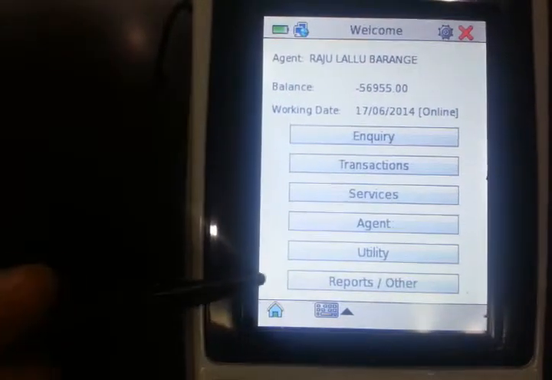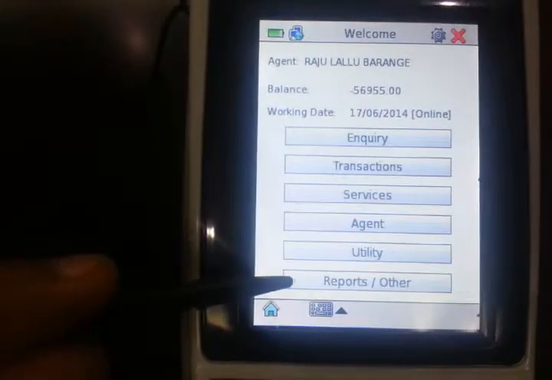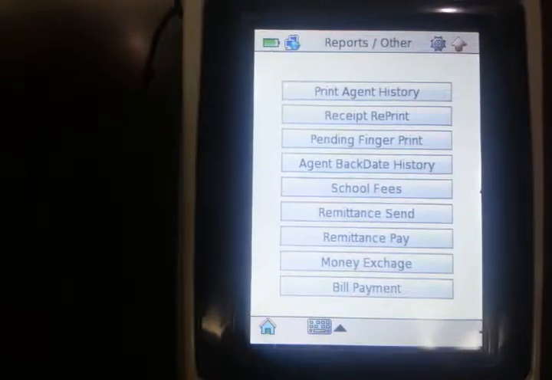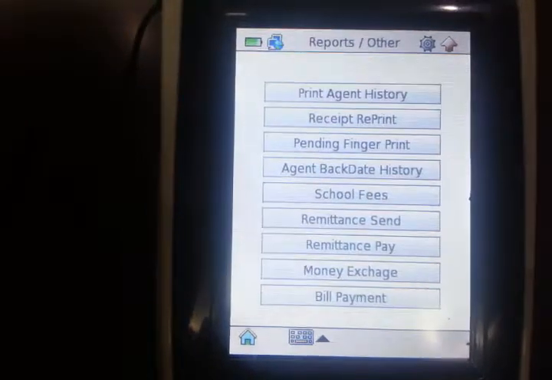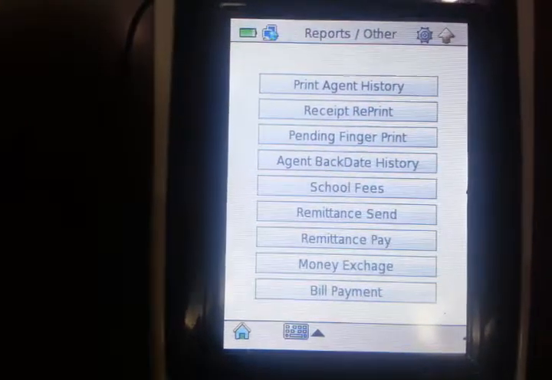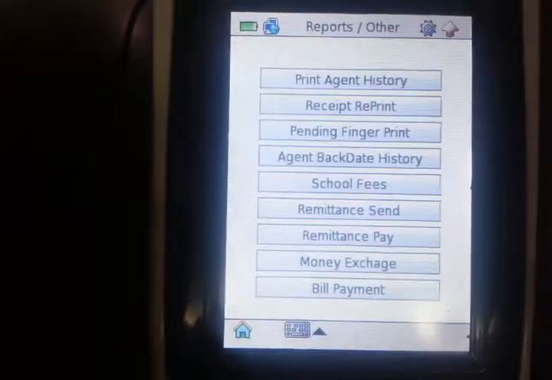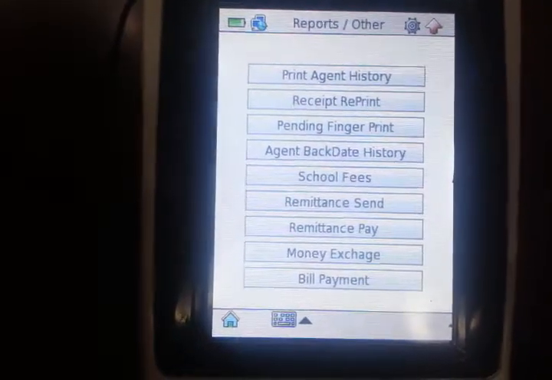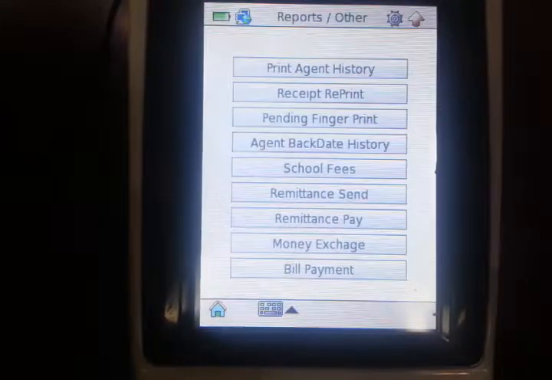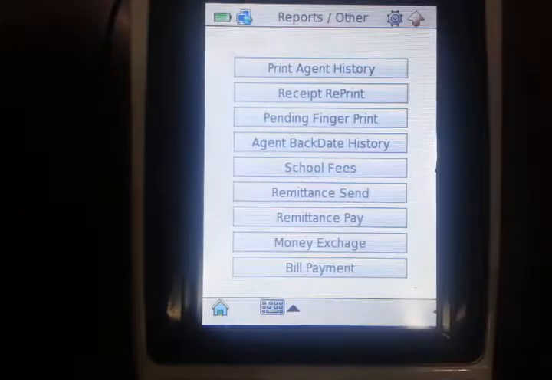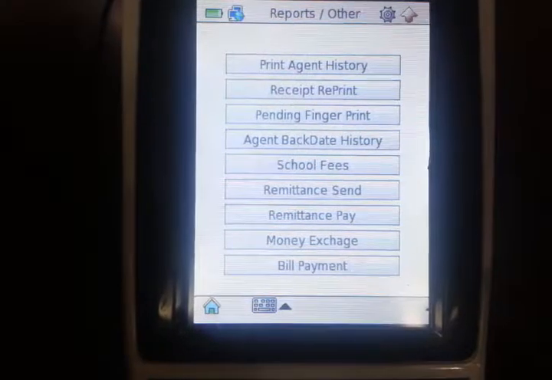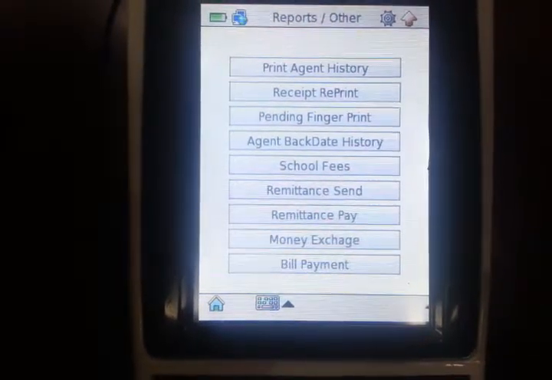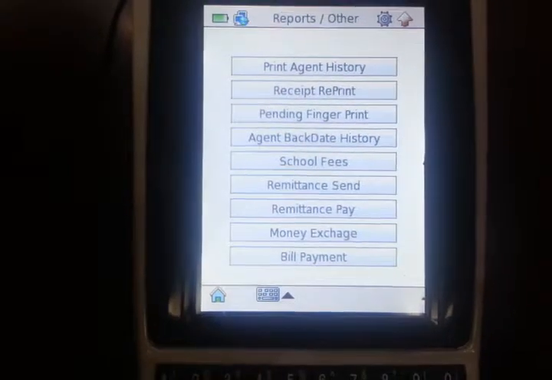The report menu contains some reports and some other transactions. It contains the report for agent's work history, customers receipts reprint, pending fingerprint enrollment report, agent's backdated history reports, the school fee transactions, remittance sending, remittance payment, money exchange transactions, and bill payment transactions.